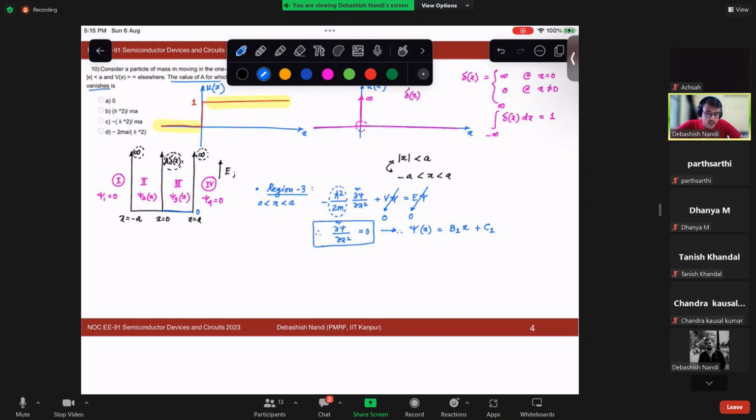Anyone? Any difficulty in understanding this? In the last session also I was writing the predictable solution directly from the differential equation. It should be pretty clear, right? Because if you take the double derivative, the first time it will give b1, a constant, and then it will go to 0, right? So b1 and c1 are the arbitrary constants. Similarly for region 4,